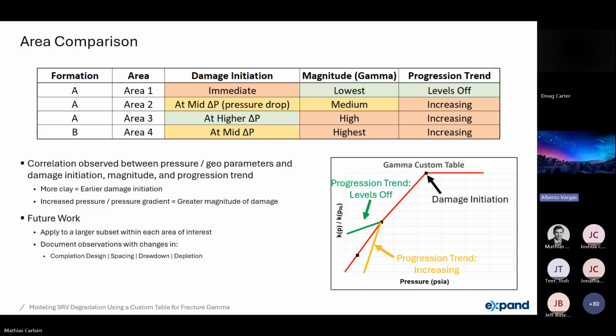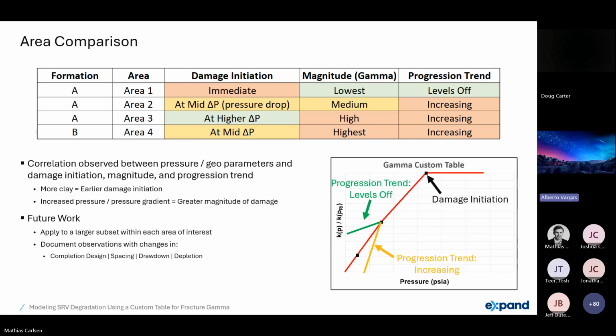And then finally, the last thing is progression trend. So if you look at the plot again, you can see that the slope is changing with the green, where you're not seeing as much incremental damage as the pressure continues to decline, whereas you have the orange, what we would call an increasing progression trend, meaning that the damage is getting worse as you deplete the